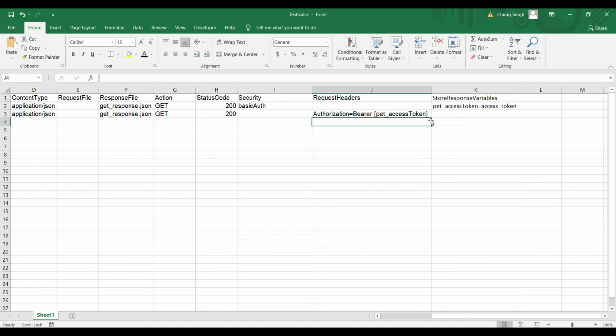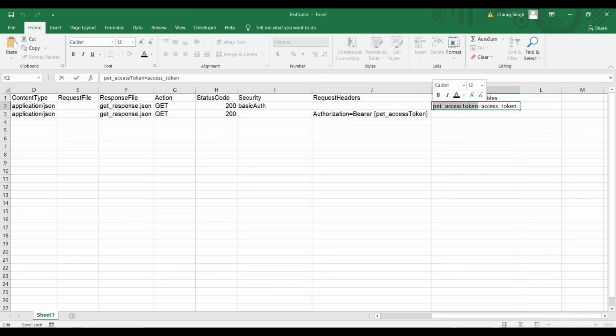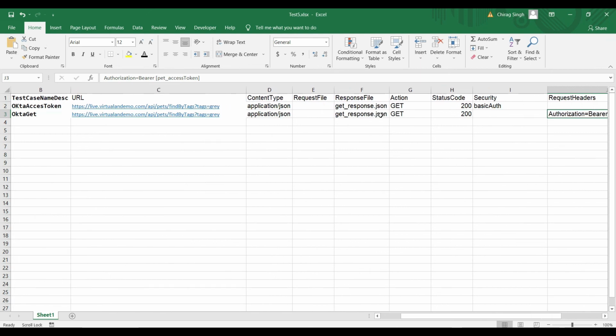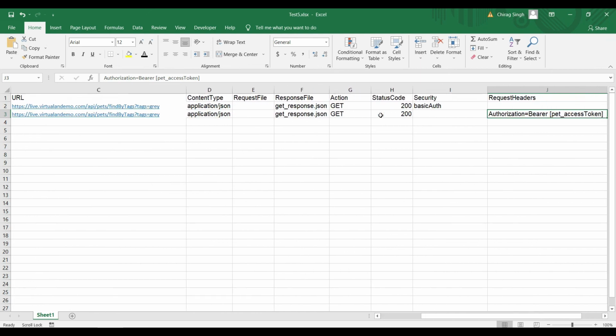We are getting the access token in this pet access token variable. Now for the authorization in the request header, I put a bearer, and this variable name I pass in this way. So when I run, I will get the data which is provided by the Okta API.